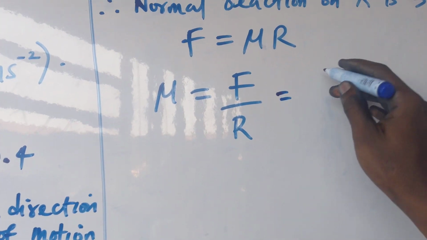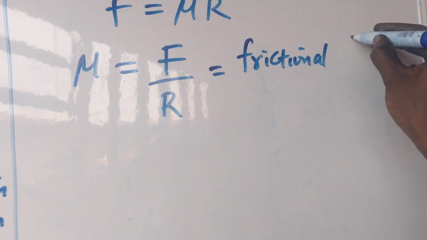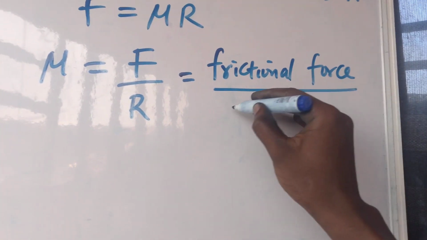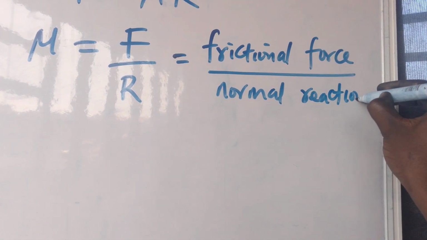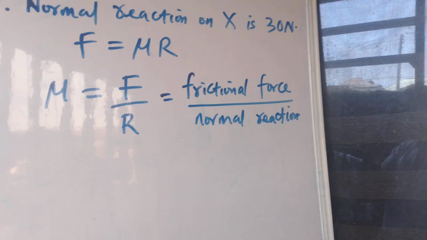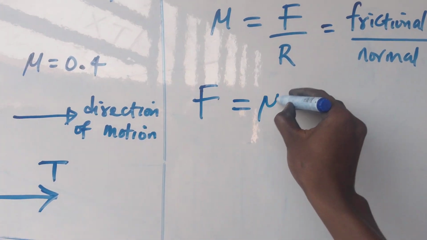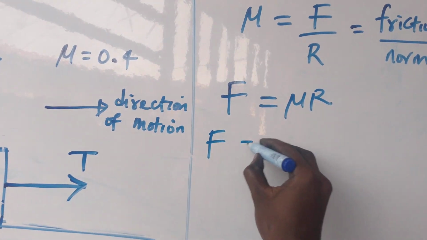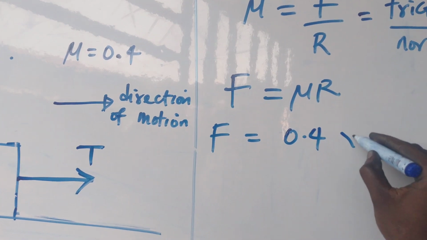That is friction force, frictional force over normal reaction is equal to my coefficient of friction. Now we have this. Let's assume that we are looking for the frictional force. F equals mu R. Then F will be equal to the coefficient of friction of that block, which is 0.4, times the normal reaction,